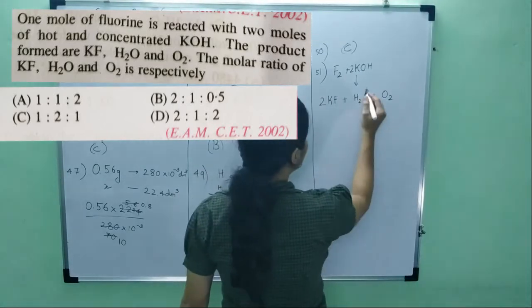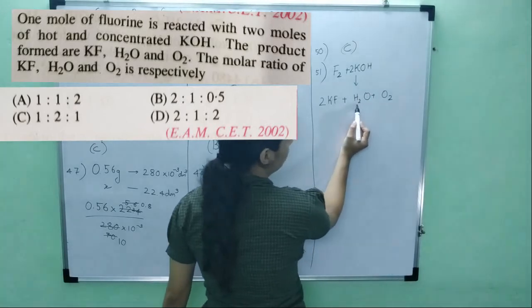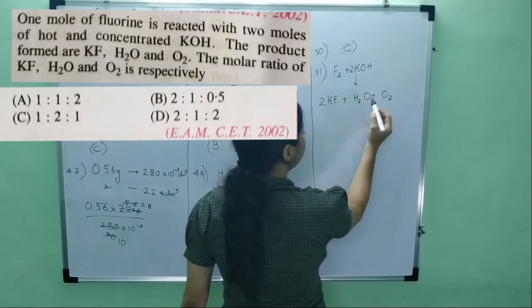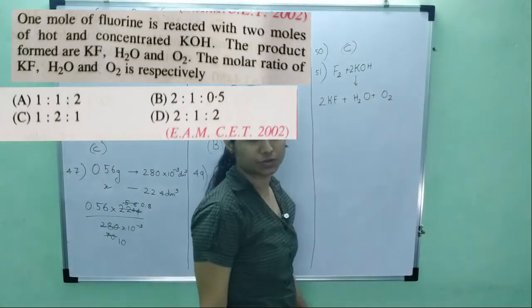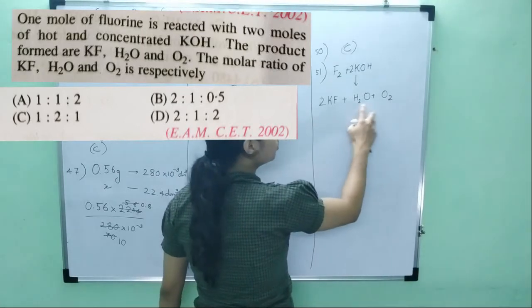Let's look at the others. Now there are 2 hydrogen atoms. So this is also balanced. Now there are 2 oxygen atoms and there are 3 oxygen atoms. So what we want is 2. Now here this hydrogen is balanced. We cannot do anything with this.